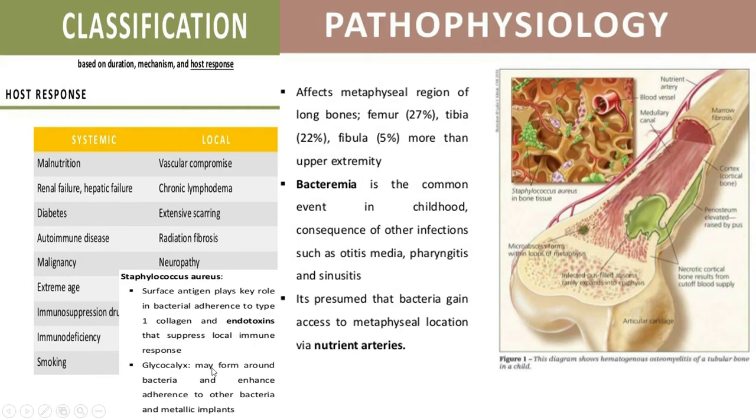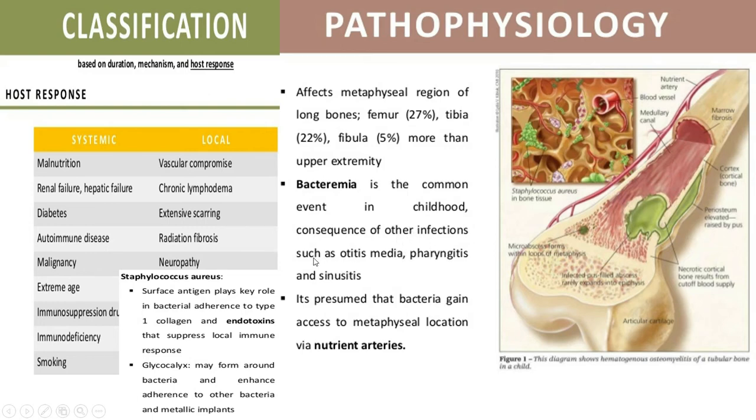And the glycocalyx may form around the bacteria, which can cause biofilm and enhance adherence of other bacteria, along with some inert metallic implants. So it can be a toxic source of bacteria, and it can help in colonization of the bacteria and proliferation of the infection. Now, bacteremia is a common event in the pediatric age group, as a consequence